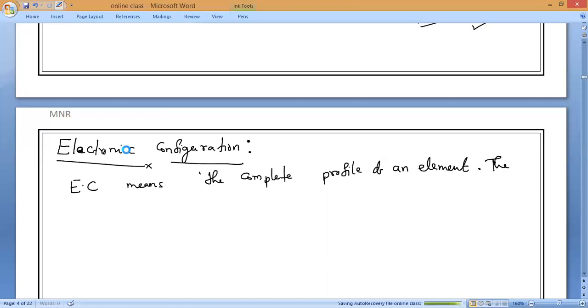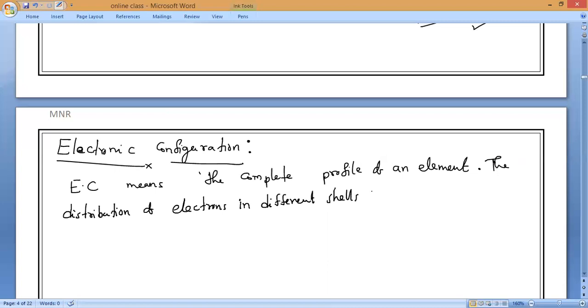The distribution of electrons in different shells or energy levels in order of increasing energy,